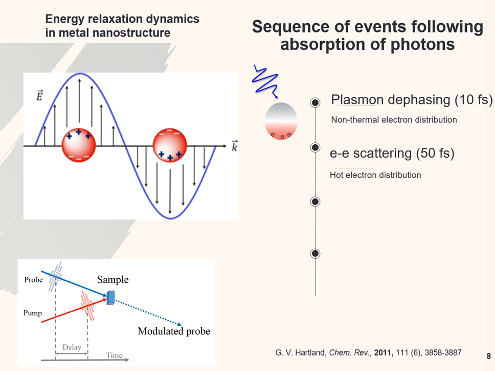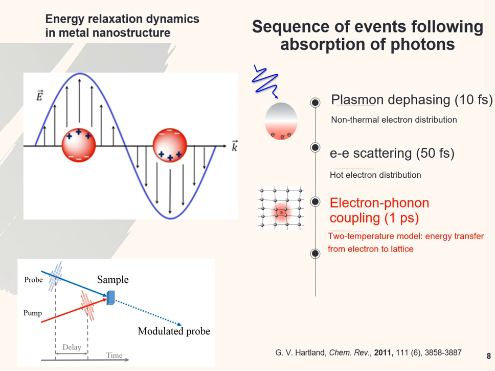The second process is, after the energy damps from the plasmon and transfers into the electrons, we are generating very hot electrons. This is called hot electron generation. This is also very fast, below 100 femtoseconds. The third process is called electron-phonon coupling time. This means when your electron is extremely hot, for example 3000 K or 4000 K, however the phonons of your gold nanoparticle remain at room temperature. At this moment, the energy will flow from the high-temperature electron gas into the low-temperature lattice. This process is called electron-phonon coupling time.